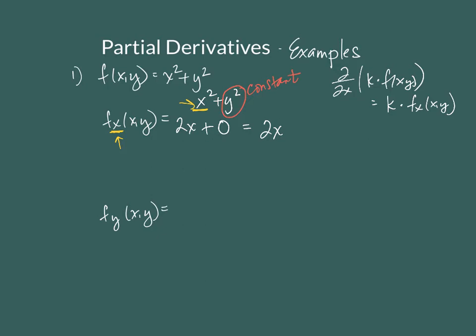Now if we switch up and want the partial with respect to y, again I'm just going to rewrite, and now I'm interested in the variable y, and the variable x is then going to be treated as a constant. Now this isn't a constant times the variable y, just like previously y squared wasn't a constant times x, then the constant rule applies, right? That the derivative of a constant is 0.